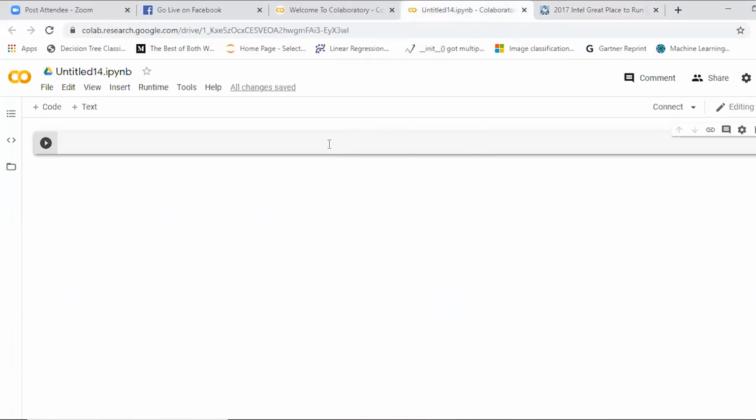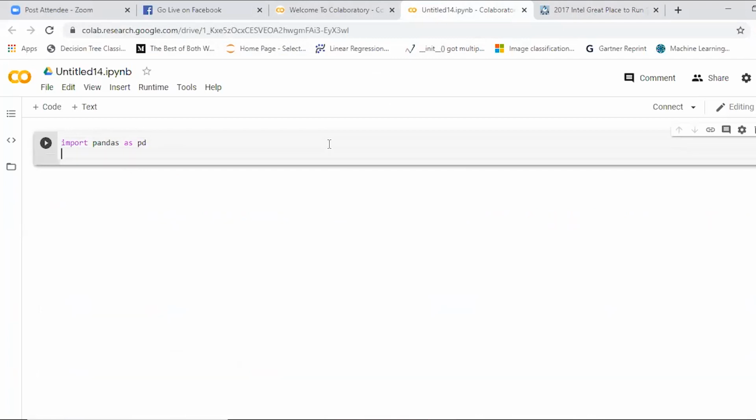This is a URL. Let's go for it. First, import the packages. I import Pandas. You rename it as pd. You import NumPy. So Pandas is for making a data frame.